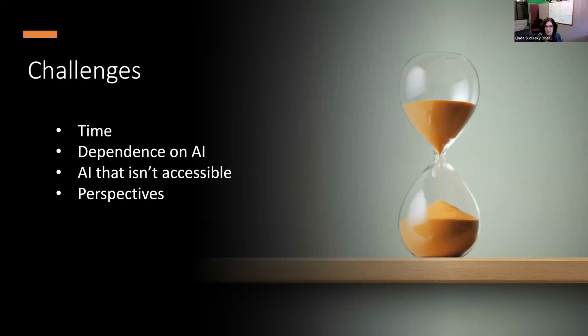Dependence on AI. And like I had just said, if you don't proactively work to add these elements of accessibility, whether it's headings or things like alt tags, you are making more work for yourself, having to go back and redesign that document to make it accessible.